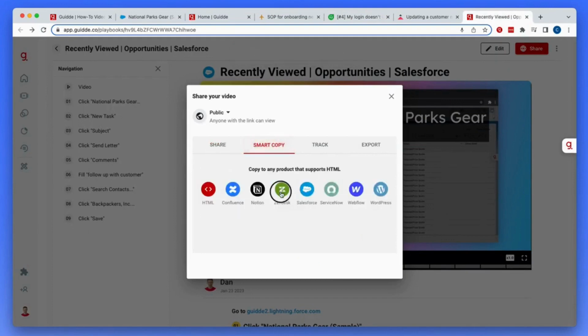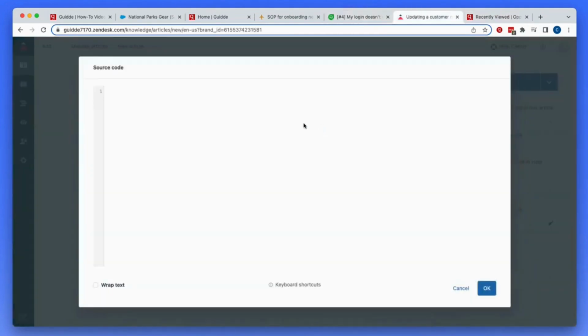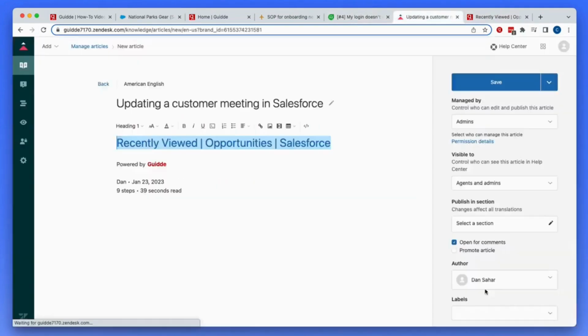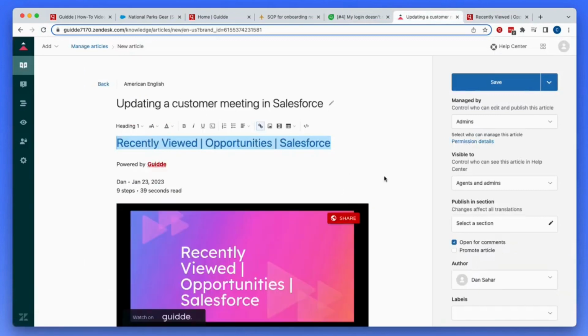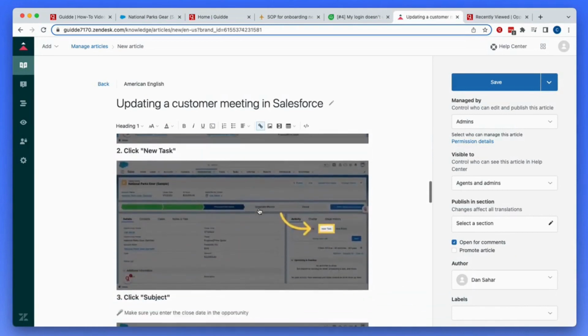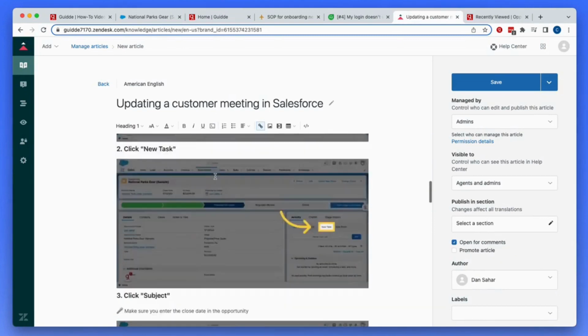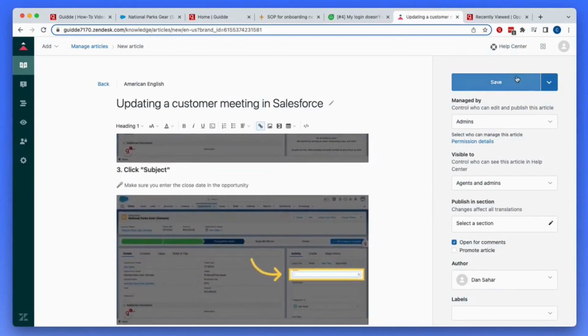And the last part is I'm also able to embed this into our knowledge base. In this case, we're using Zendesk Guide, and I'm going to go into source code and simply embed this entire how-to that I created, including a hosted video and all the individual steps. And you can see that everything that I added on the voiceover is also automatically captured into this knowledge base